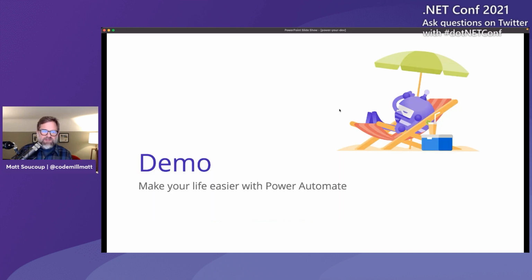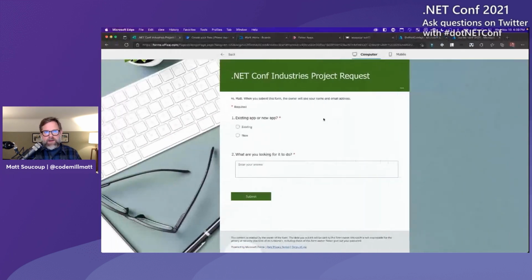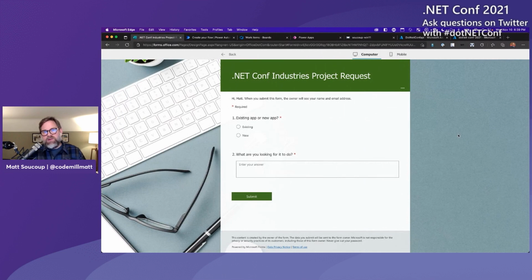All right, so let's just take a look at using some of these connectors and making our life a little bit easier here with Power Automate. Let's imagine that I actually have this set up in a different way. Being a cloud advocate, people sometimes want some content created. And so I have a form set up where people can ask me or my team for some new